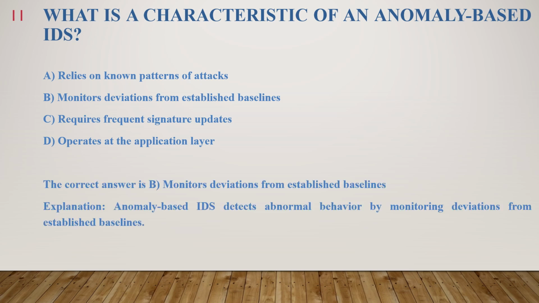The correct answer is B, monitors deviations from established baselines. Anomaly-based intrusion detection systems, IDSs, operate by establishing a baseline of typical user and system activity within a network environment. They then constantly monitor this activity for any significant deviations or irregularities that could indicate a potential attack or security